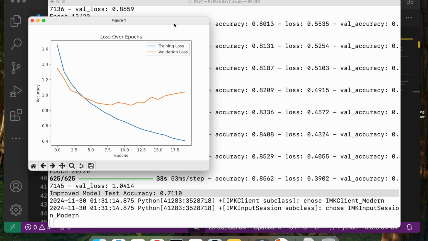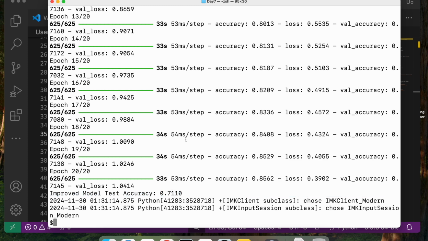I'm going to close this, and it will show me the loss over epochs. So if you see over time, the training loss is reducing because it's getting better and better, and same thing for validation loss here. I'm going to close this, and I hope you were able to get the same output as I do. And if you had any questions or errors or issues other than the typos that I've been doing, I think it should be pretty good. But let me know, how does it go?